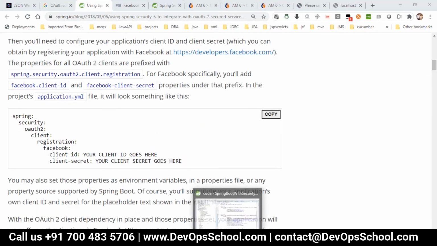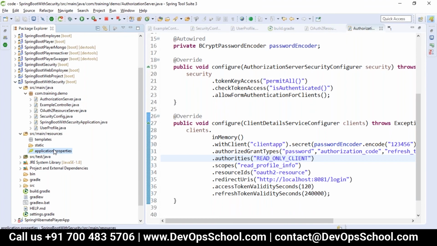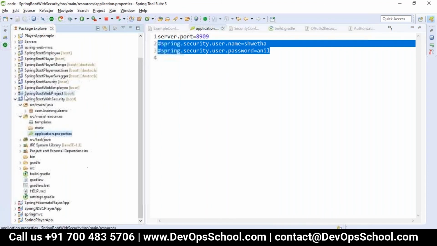I took our own server so that, to understand the entire process, I have taken all the processes done by us. But if some authorization servers are already available, then we do not need to take care of this code. The authorization server's client ID and client secret should be configured in your application.properties, and then we can go with that. So are you clear with this?